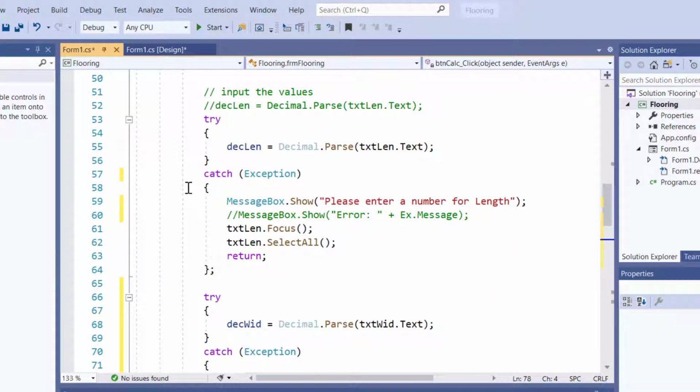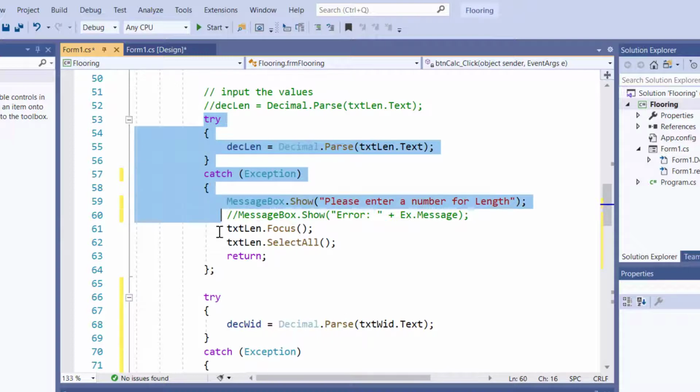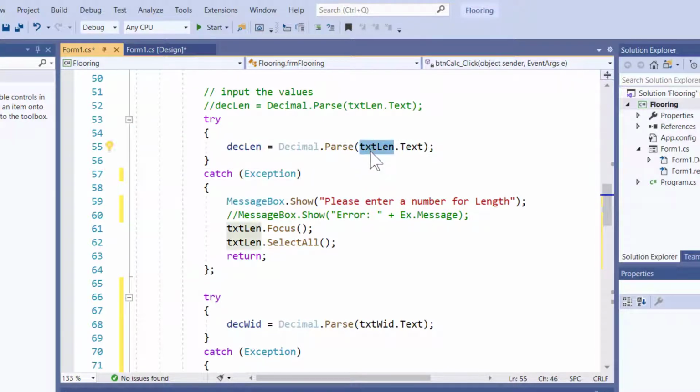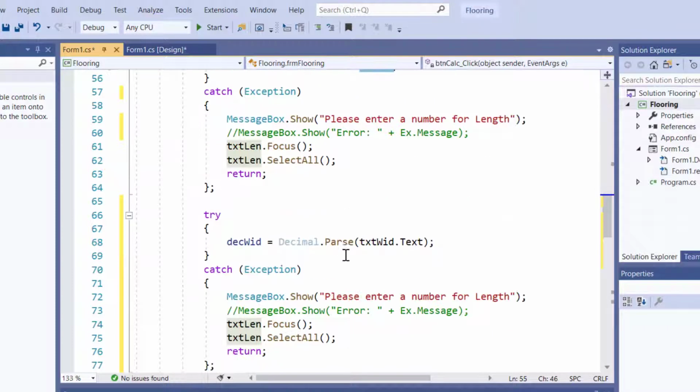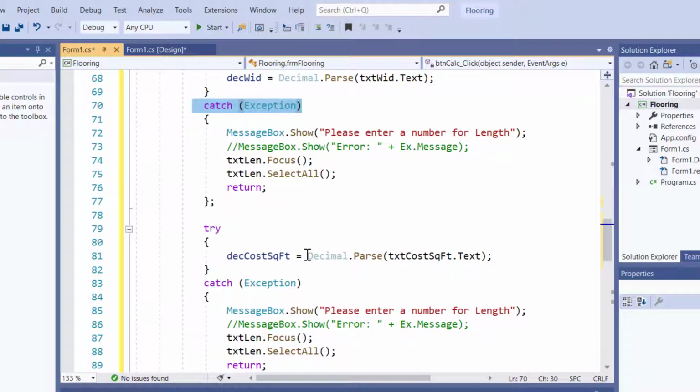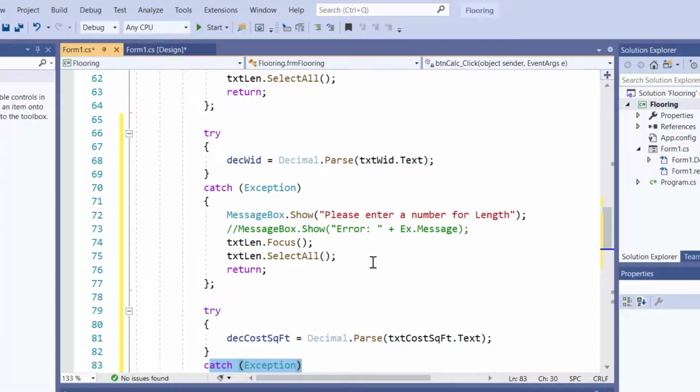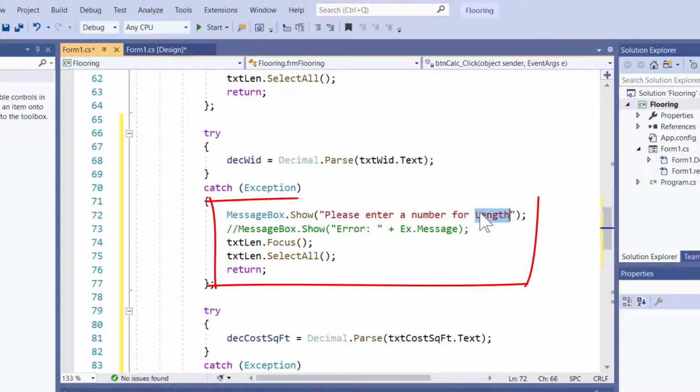So through the wonders of cut and paste, I've taken my try catch for txt length, and I've changed it so that I'm trying to get the width from the second text box, and I'm catching it. And I'm trying to get the cost per square foot from the third text box, and if it's an error, I'm catching it. Except I haven't completely changed things yet, because the danger of cut and paste is you have to edit everything. So I copied and pasted it, but it still says length here when I should be talking about width, and this should be